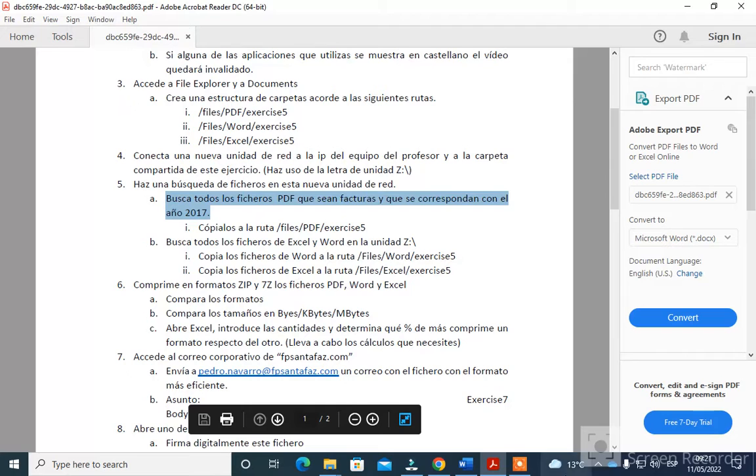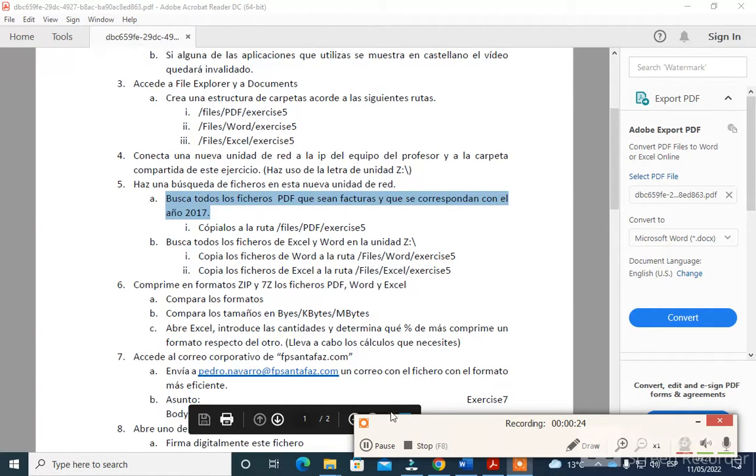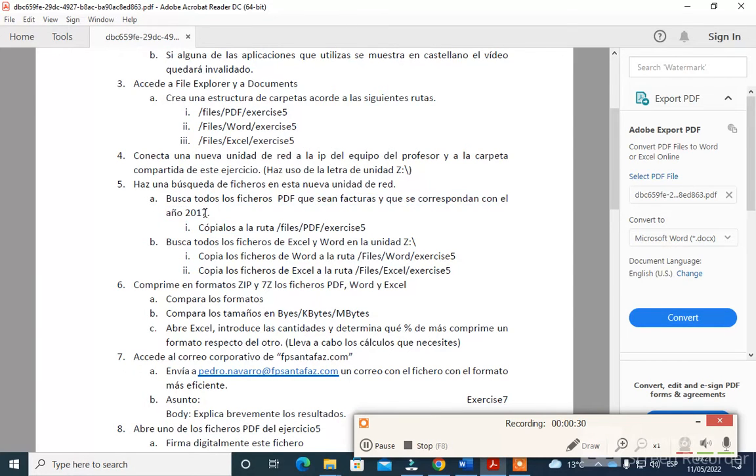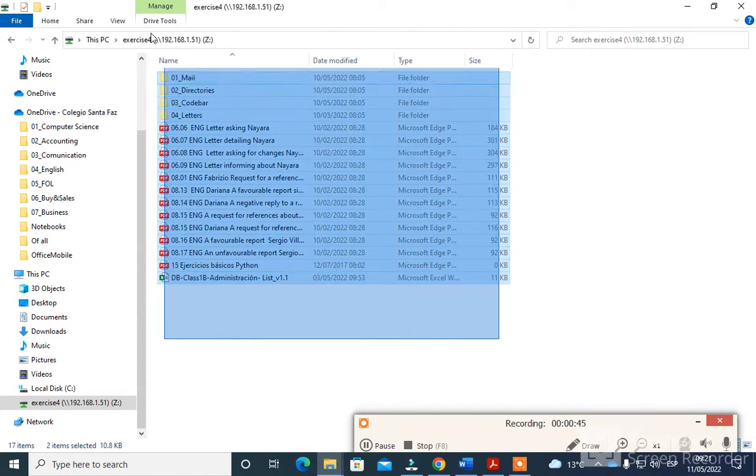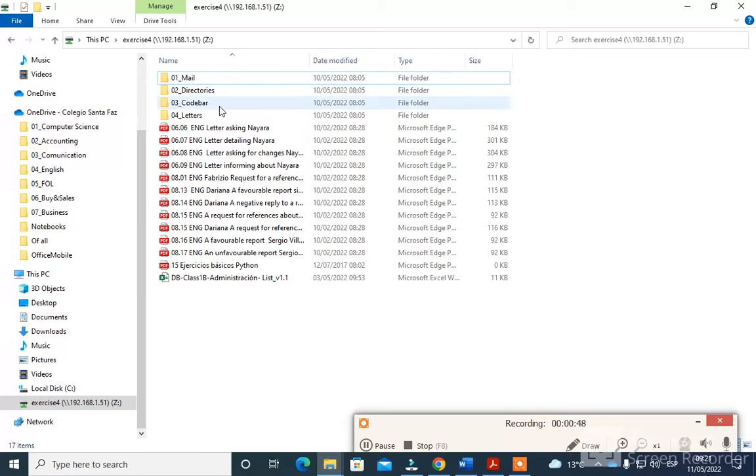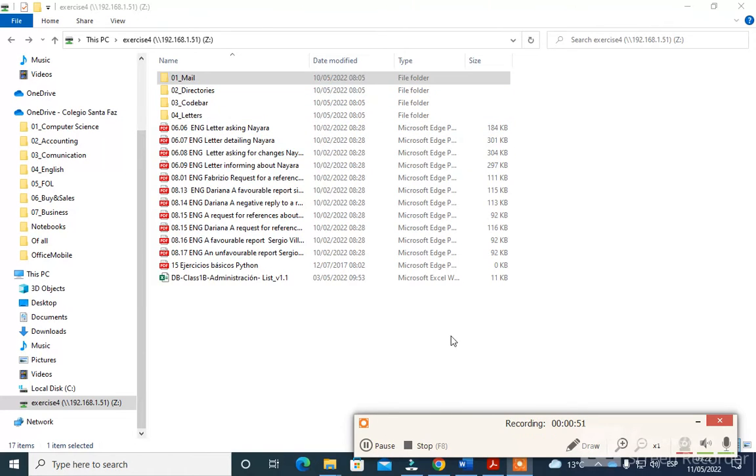What we are going to do is point A, okay? In this case, busca todos los ficheros PDF, okay, del año, okay, de this aim, okay, and in the folder, the map network, okay. Let's look for the PDF of the year 2016. Okay, and in the bar, write .pdf. Okay,